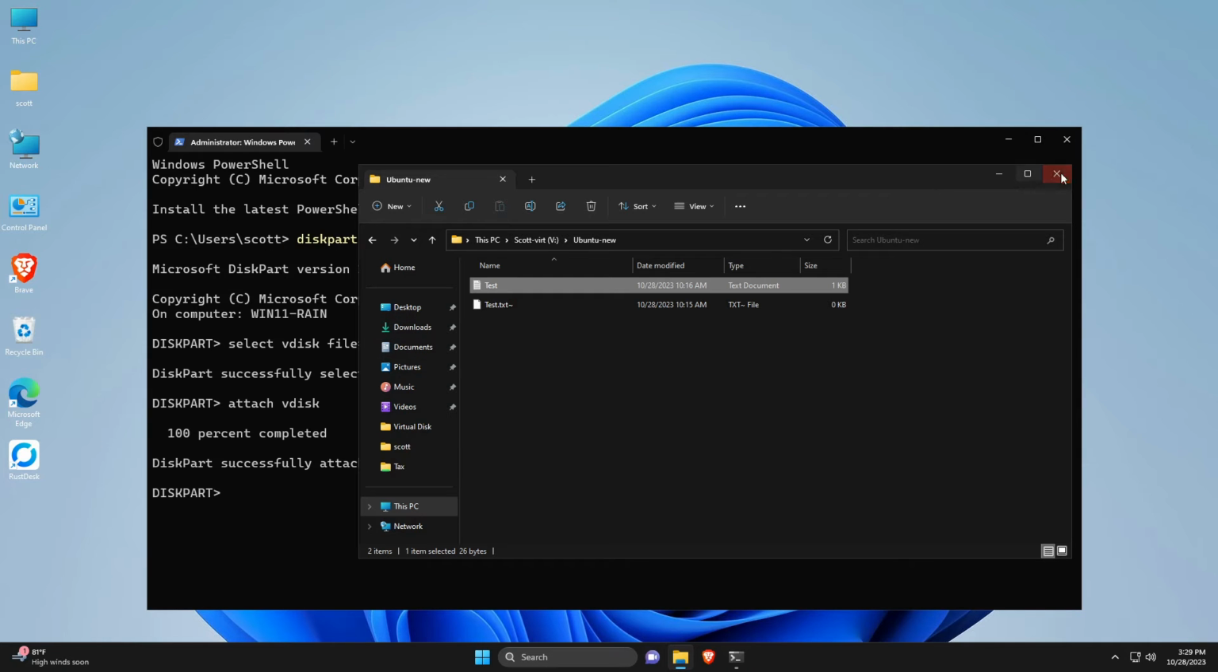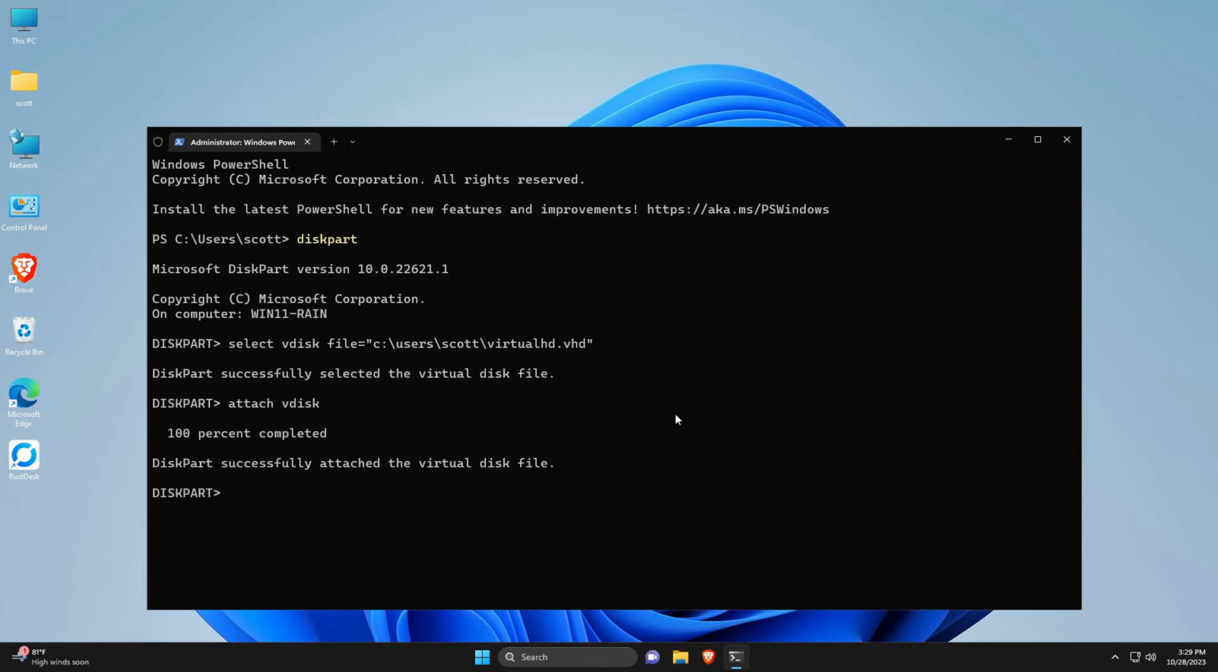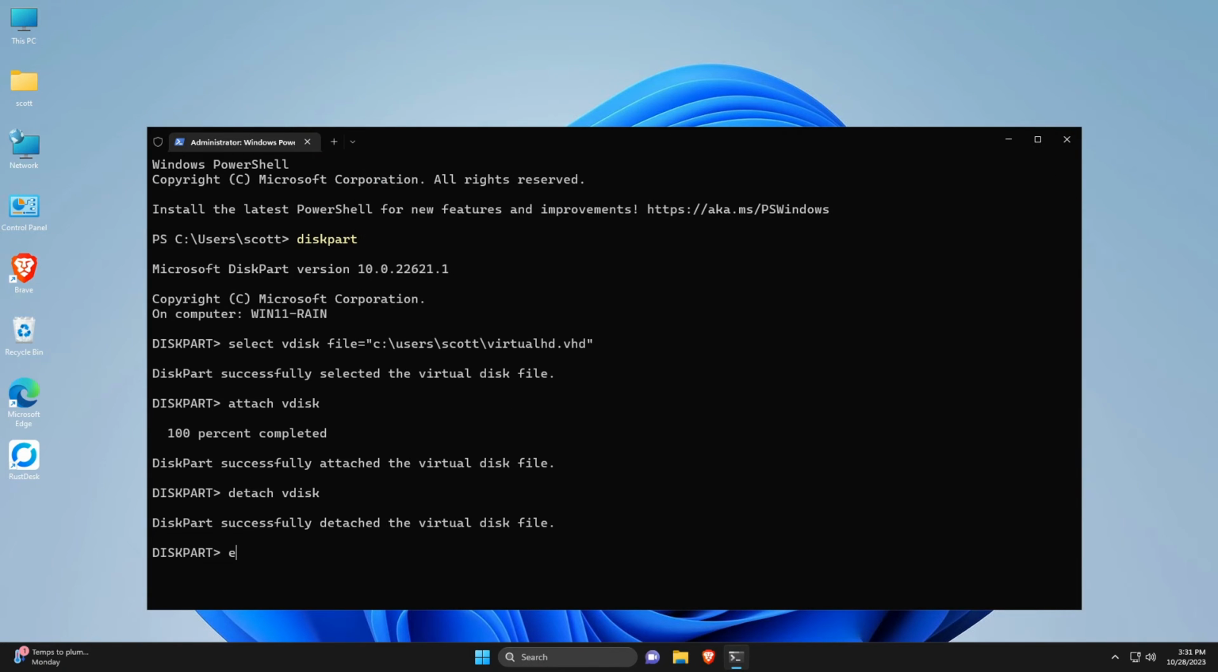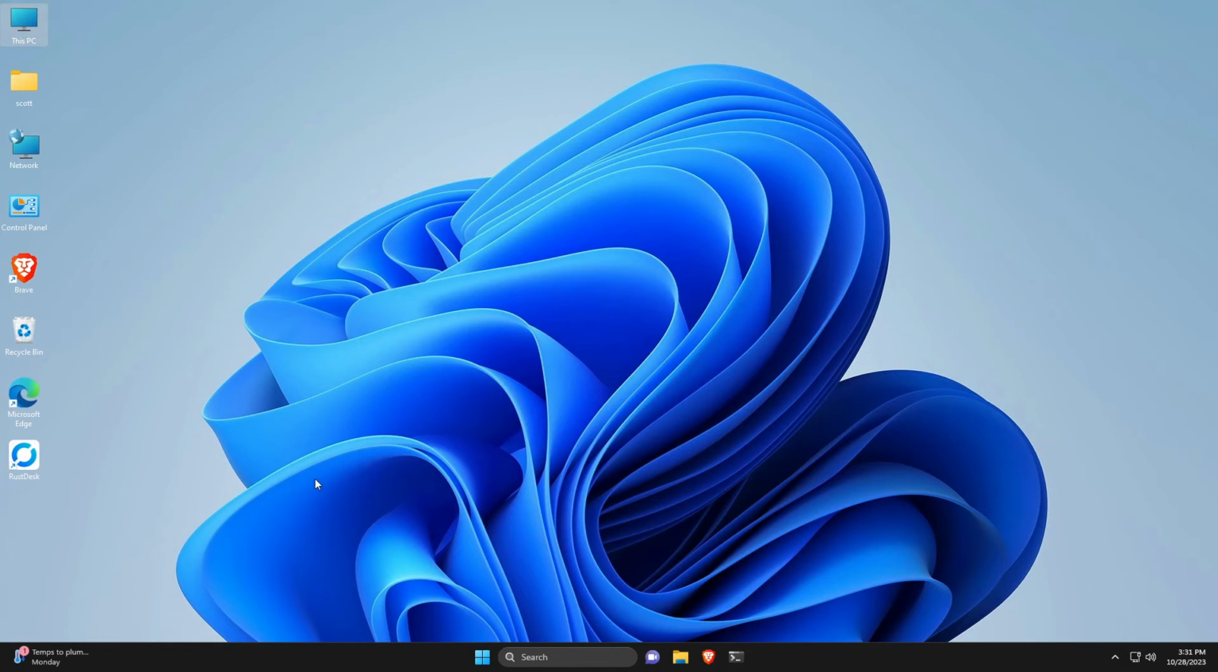Let's go ahead and detach our virtual disk again simply by saying detach vdisk, and now it's successfully detached from the system. We can verify that by going into This PC, and we only have drive C, and drive V is no longer here. Now I'm going to exit this part and exit the PowerShell,